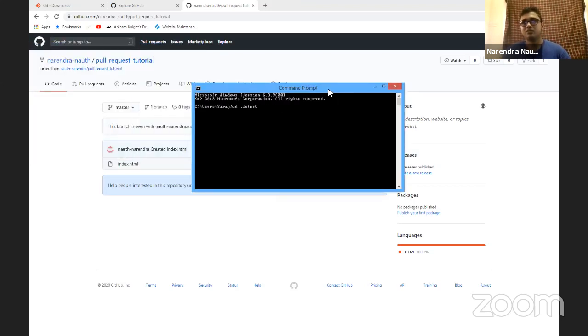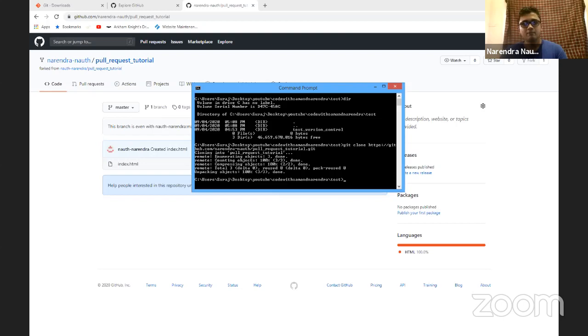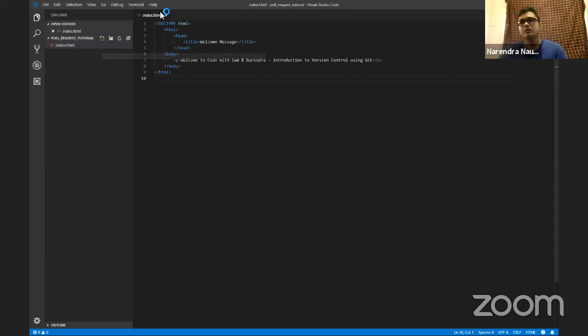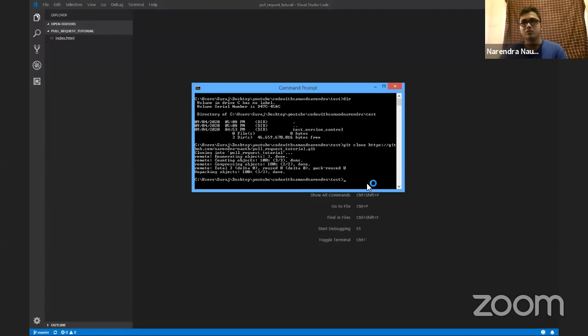Go to my desktop, YouTube, CodewithSam, tests, the git clone, and I'll do the clone. And if you look back in tests, I have the index file. So reiterating what we'd have spoken about so far, the first thing we want to do is that